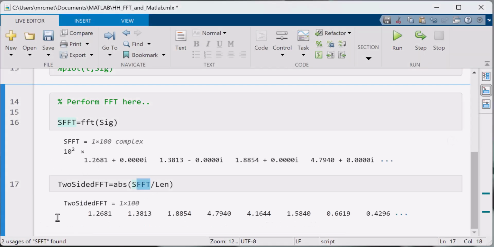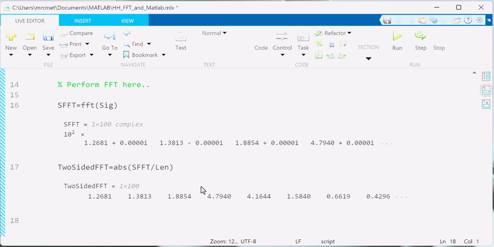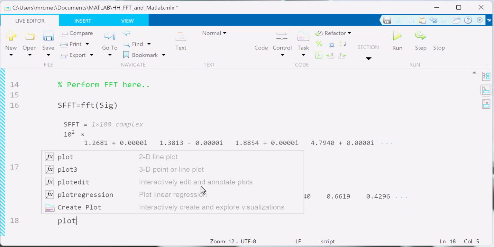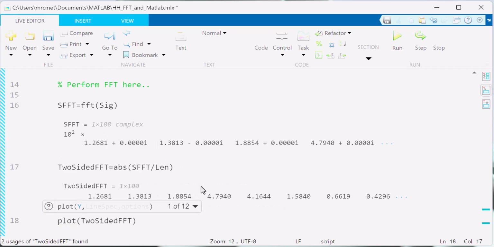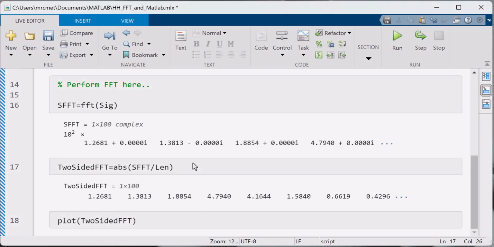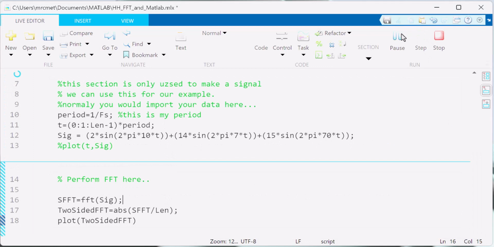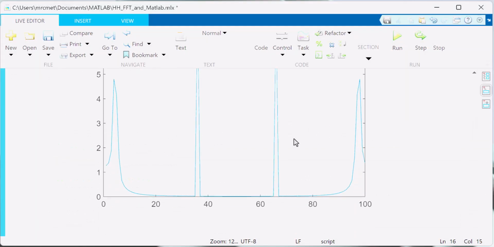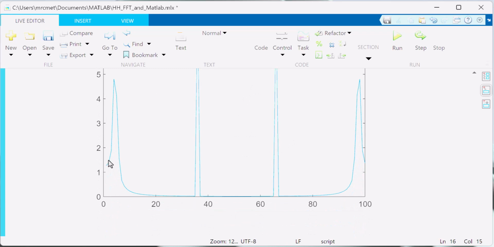Great. So now we have a two-sided spectrum, and we could plot this if we wanted to. It would be kind of meaningless without calculating the frequency, and maybe if we want here, let's just try and see what we get. It's going to be a little bit ugly and not really very helpful, but we'll give it a try anyways and see how this looks. Now, I'm going to suppress these so that we're not filling up the screen with just errant data. And sure enough, not great,